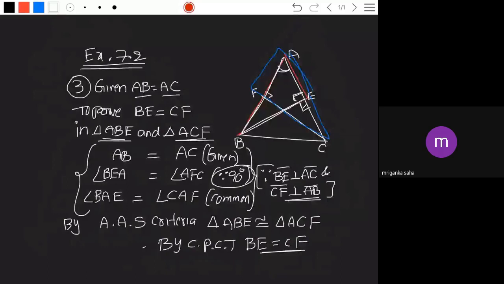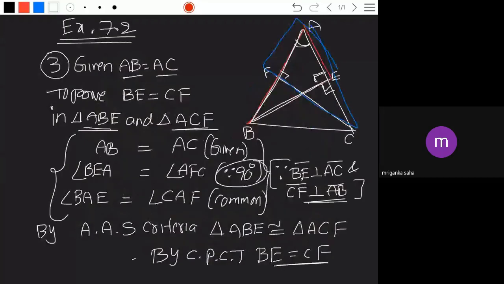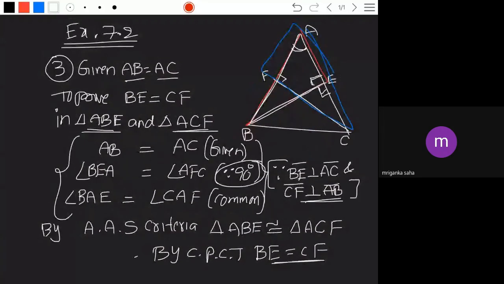Sir, I face a problem regarding the proofs. That is, sir, when multiple triangles are divided, I feel confused about which two triangles should be taken into consideration. See, that's what I said here. First of all, what is given and what is asked to prove. These two things you take into consideration. You are getting confused that, sir, why do you take this triangle and this triangle?